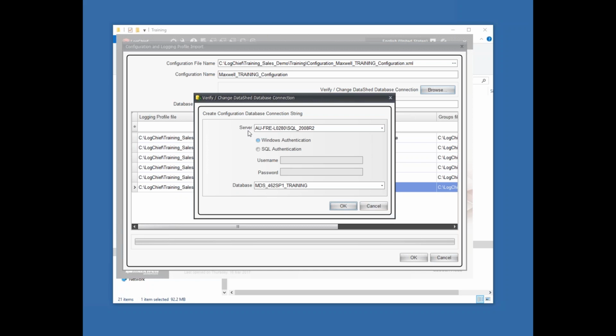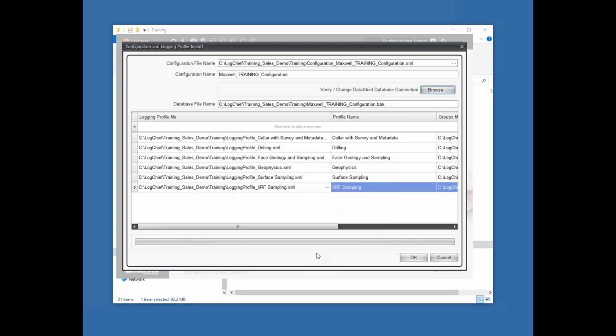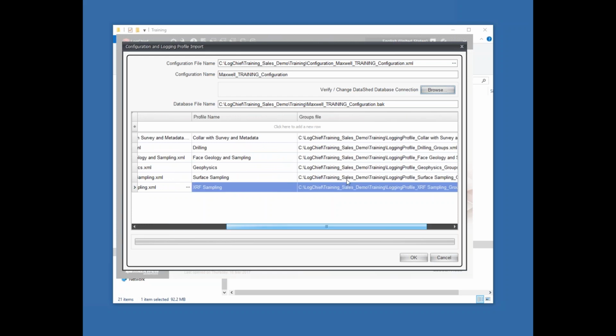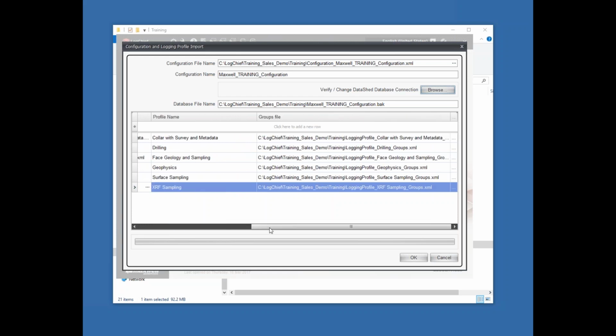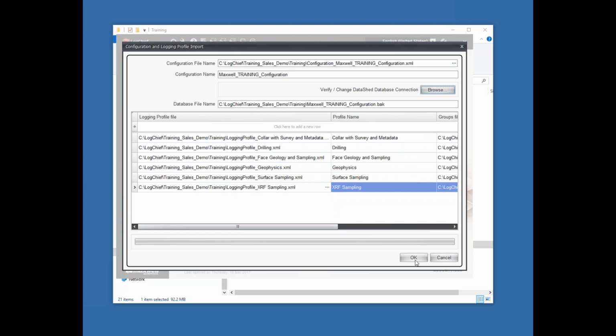If you were a user, for example, and you were syncing back, your server would be wherever the hosted MDS is, and the database would be the name of that. So select OK, that's fine. As you can see here, you've got the login profile file path, your profile names, and your groups file. That's basically the same, the file path as well. So if we go OK,